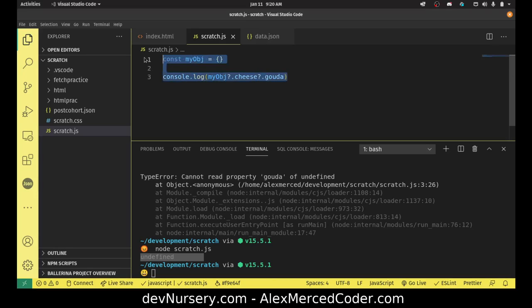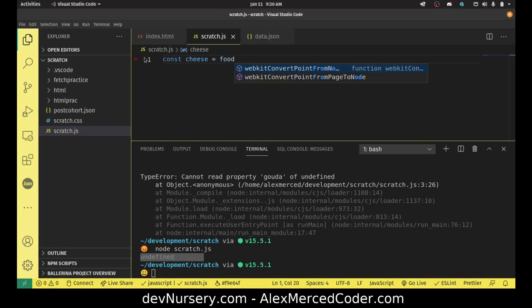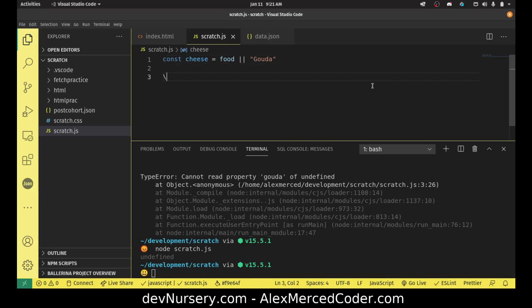The other thing is nullish coalescing. So that was optional chaining. Once upon a time, if you wanted to give a default value, say const cheese, I want to say the value is the value of a variable called food. But what if food wasn't defined? Right now I haven't defined food. So I would use or, and I would say, okay, or Gouda. That way, if the variable food has no value, then it would assign the value of Gouda. And if I were to console log cheese,